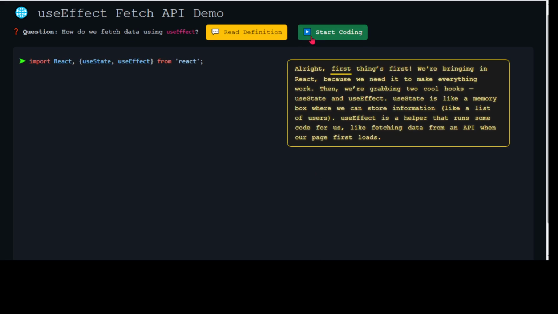Alright, first things first. We're bringing in React, because we need it to make everything work. Then, we're grabbing two cool hooks, useState and useEffect. useState is like a memory box where we can store information, like a list of users. useEffect is a helper that runs some code for us, like fetching data from an API when our page first